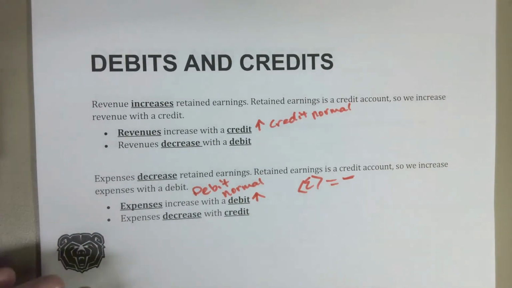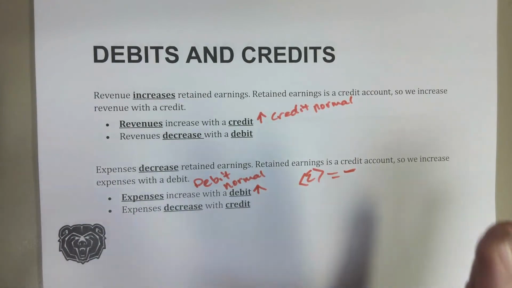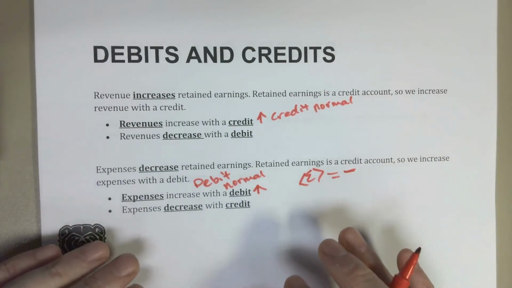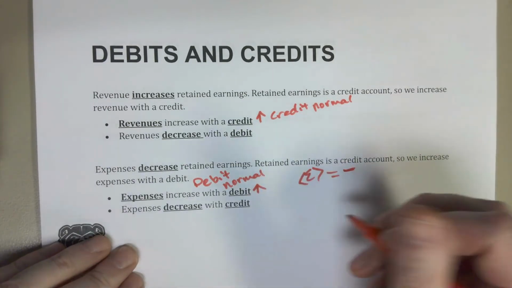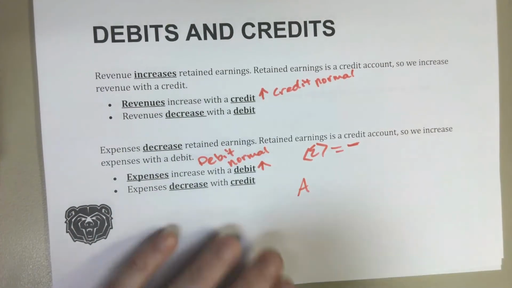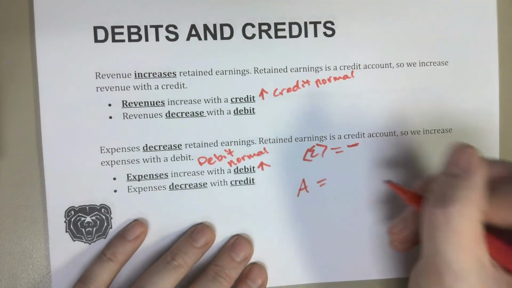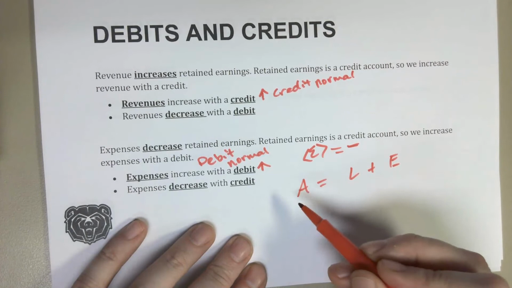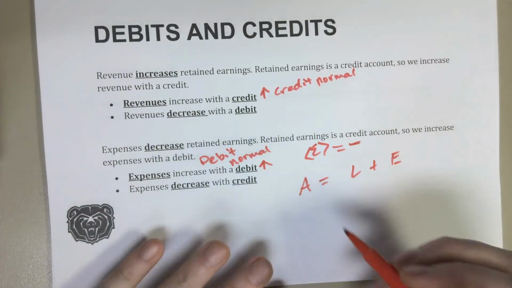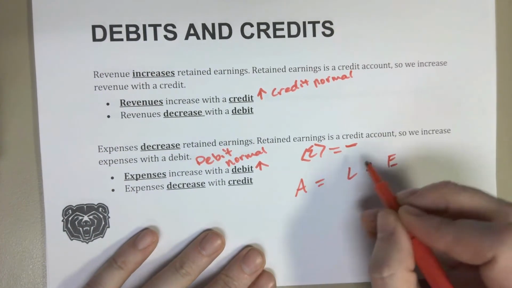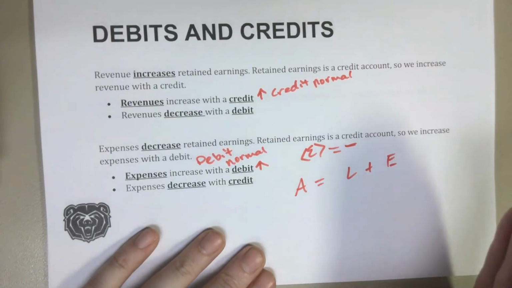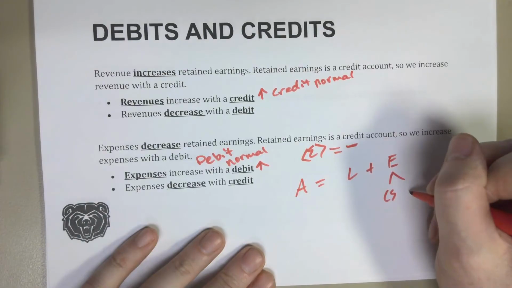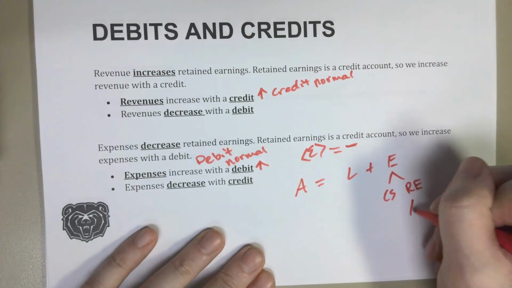Again, though, if you recall from the earlier video, I said typically we're not going to be decreasing expenses until we close the books, and we'll talk about that later in chapter 4. So what I'm telling you here is this is one of those exceptions, one of the 2 exceptions that we have. Recall that I said assets, anything on this left-hand side of the equation, is going to increase with a debit. Anything on the right-hand side is going to increase with a credit. There were 2 exceptions. One of them is your